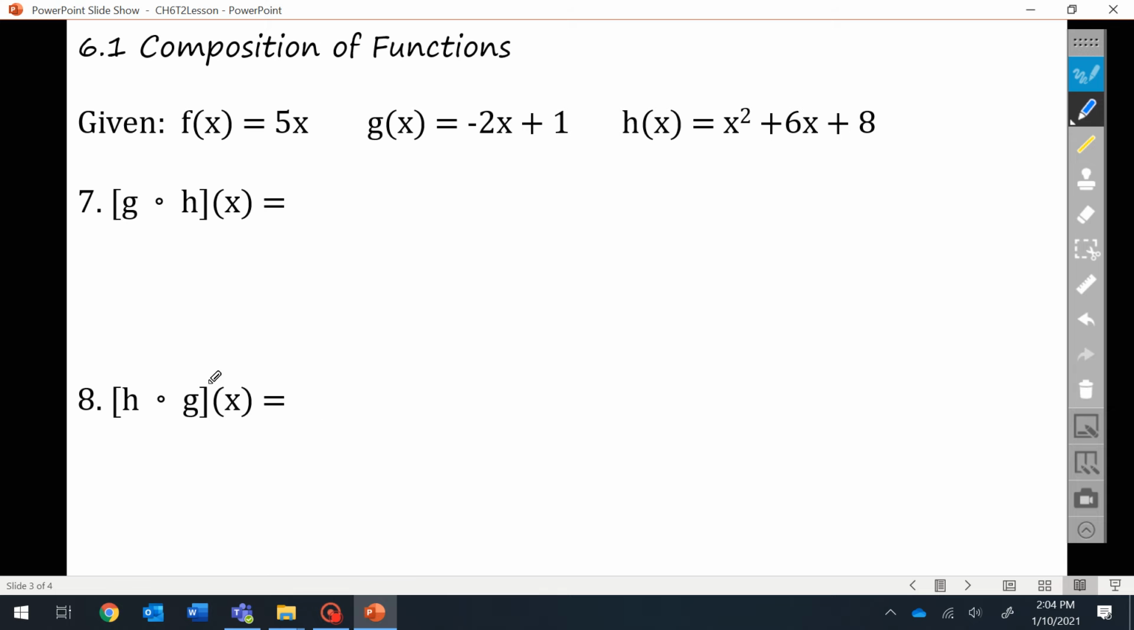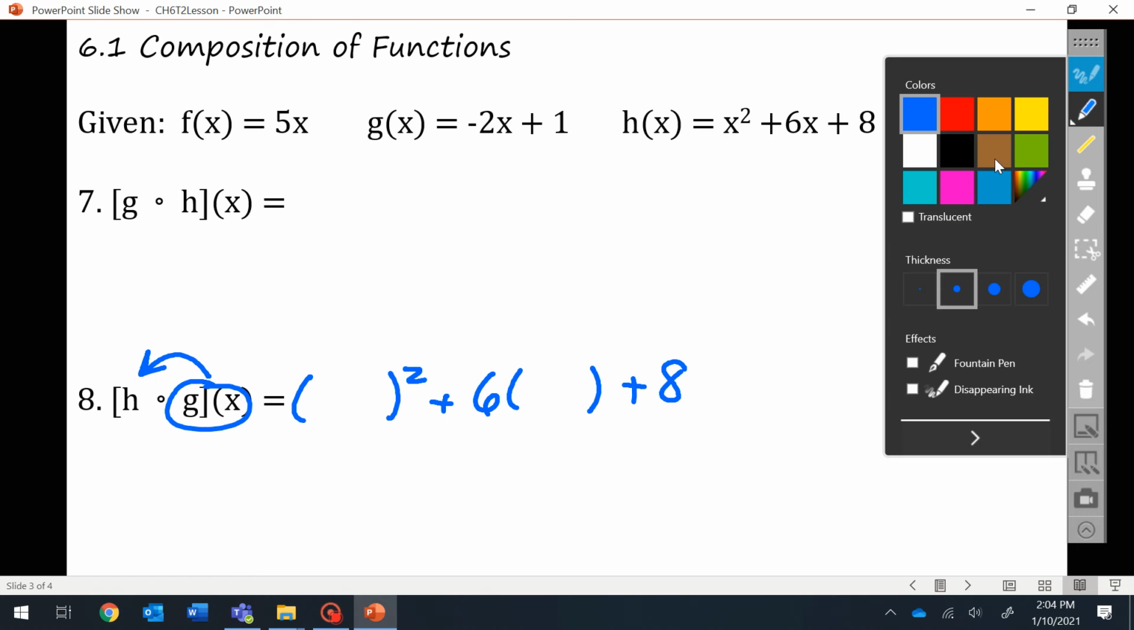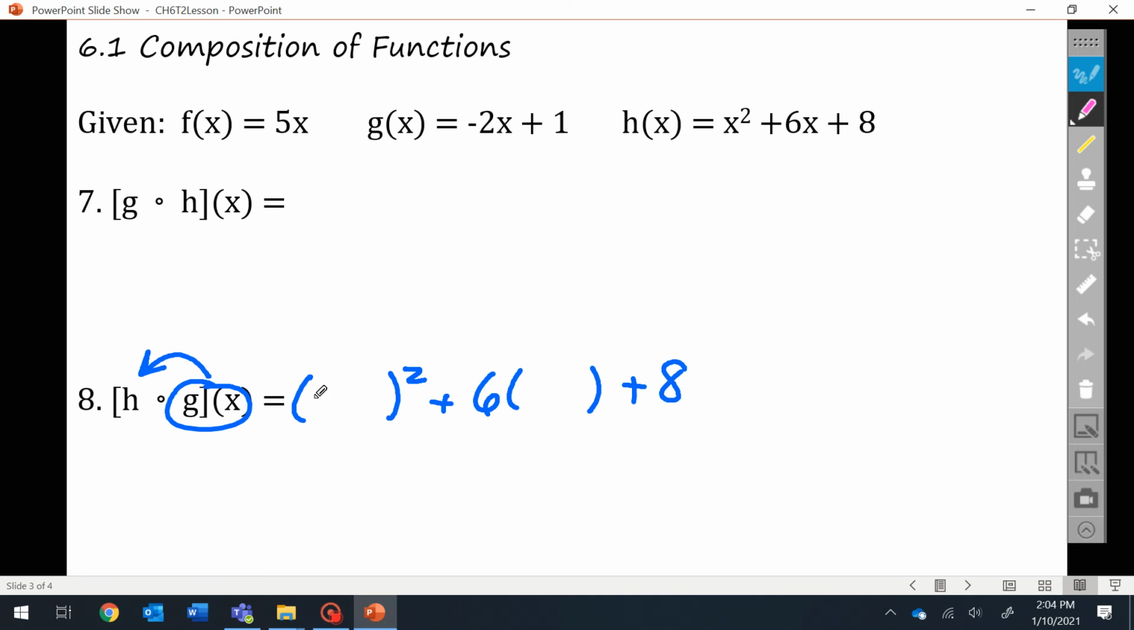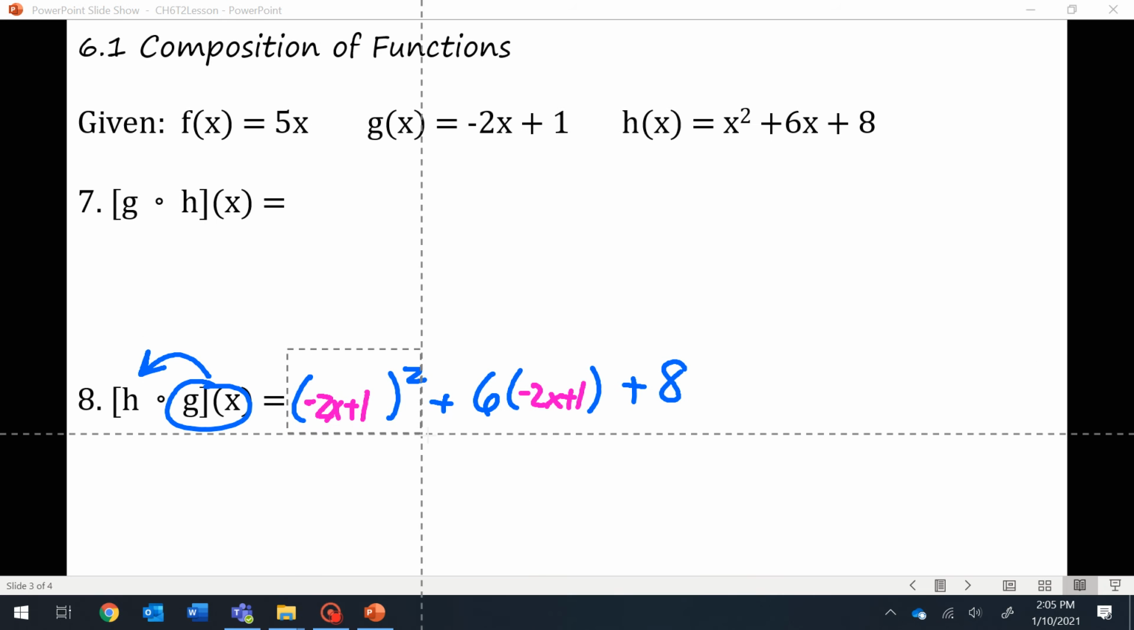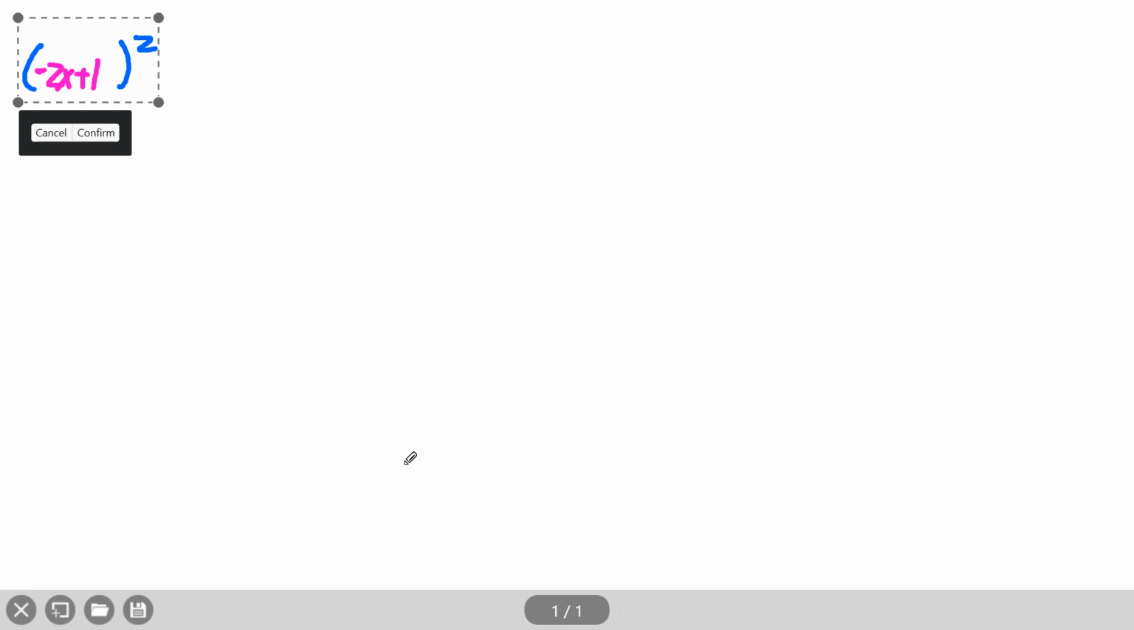And then h compose g of x, this would be the g function into the h function. So the h function gets written first. So x squared plus 6x plus 8. And inside those parentheses, the g function, so negative 2x plus 1 and negative 2x plus 1. Okay, now this one's a little bit harder because we have to simplify all these pieces. If you look at this piece, negative 2x plus 1 squared, this is actually kind of hard to